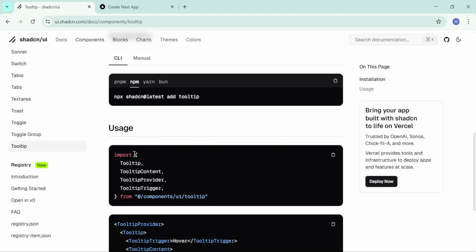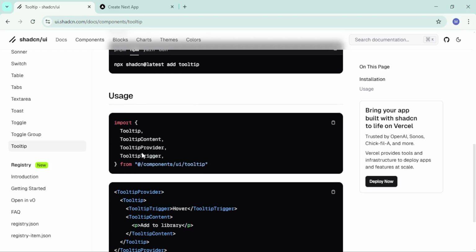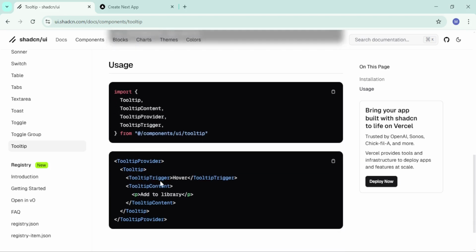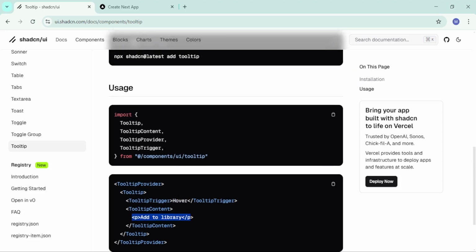We need to import tooltip, the content, the provider, and the trigger. Great. Therefore, what is the tooltip trigger? Tooltip trigger is the name that we provide. So for example, you can say add to cart, and then the description of what add to cart does will be in the tooltip content. Great. Let us go back and I'm going to copy this part for the import so that we can save time. Then go back inside our code,